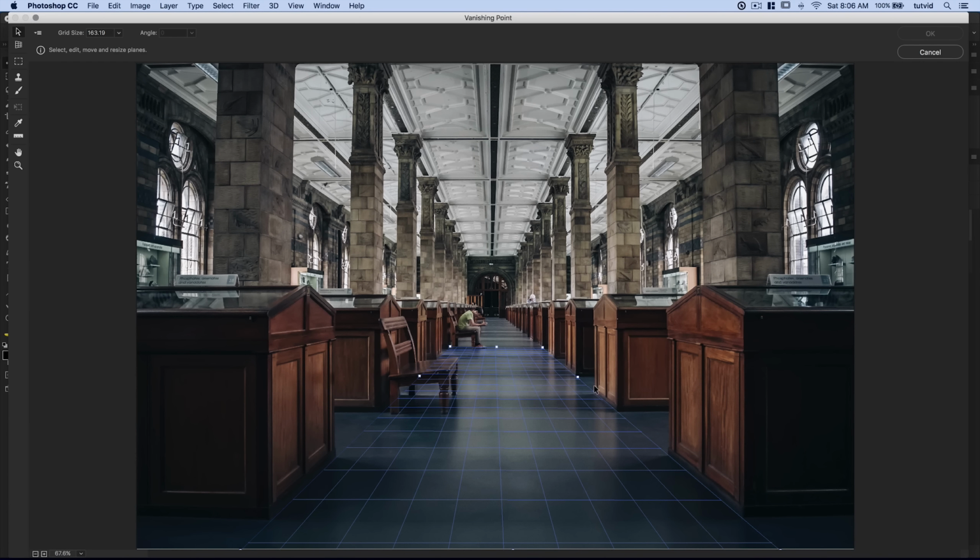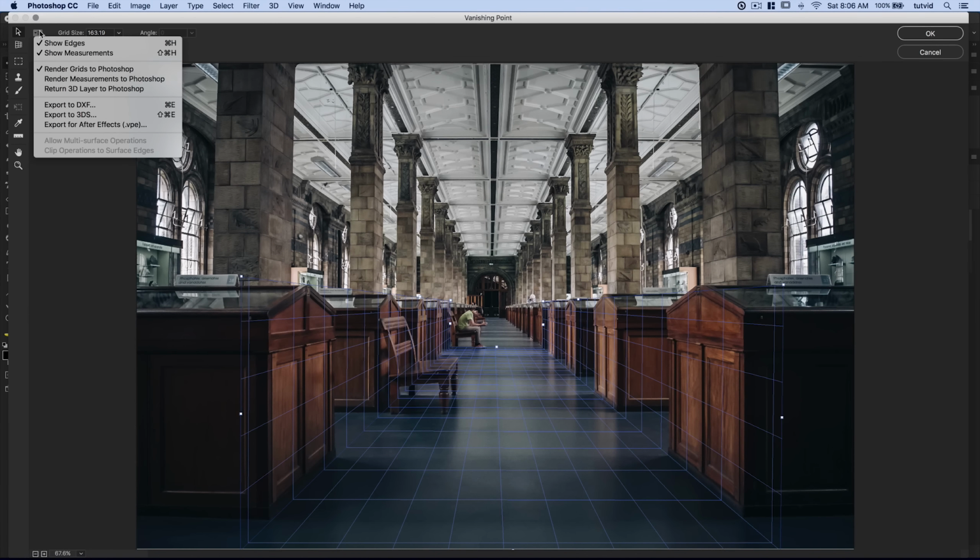We need to have at least 2 grid planes, though, in order to export them or render them into Photoshop. So I'm going to hold down my Command or Control key and pull a grid up from the side, to the top of these pews, just like that. So we've got just two grids. In fact, we could do one on this side, too, just for the sake of being uniform. So I'm going to hold down my Command or Control key, my Shift key, and I'm going to select each one of those grids. So Shift, click, click, click,